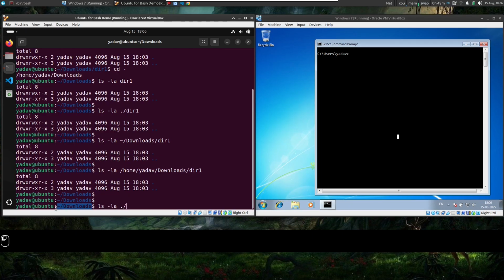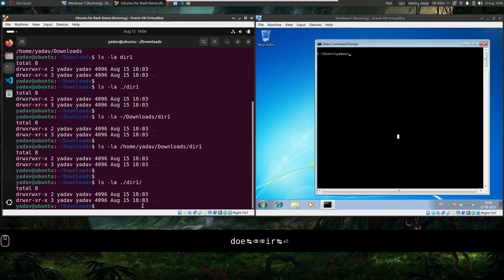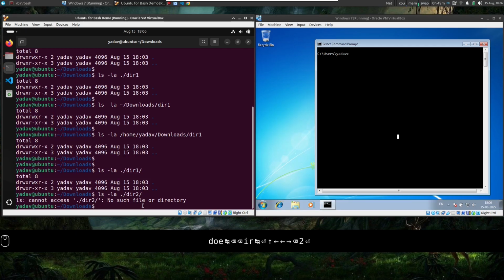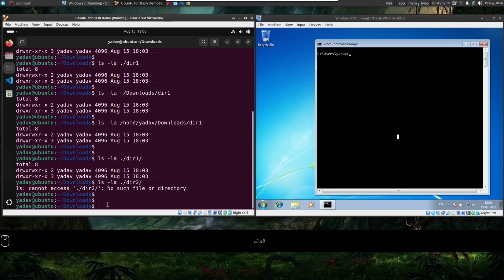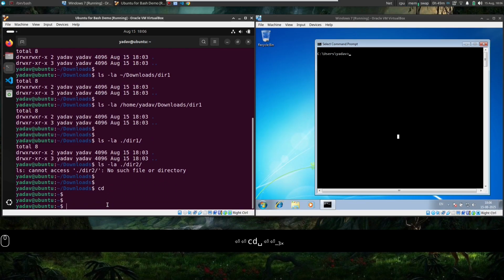Sorry, I am in downloads. From my current location, look at dir1. So if there is no dir1, let us say it was dir2, it will tell me that there is no such file or directory from your current location. I'll demonstrate it. Wait. Let us say here I do ls -la dot slash dir1.